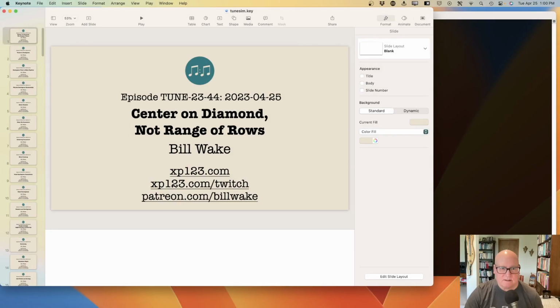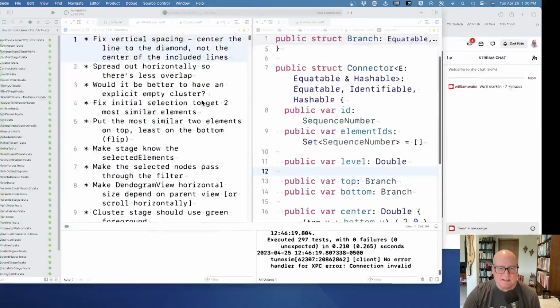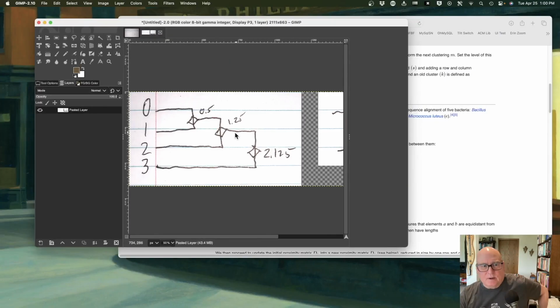So let's see. I think I have a test case that should demonstrate it. Here we have 4 in a row. These two are the most similar. Then this one is most similar to those, and then this one. The first bracket, this one, connects 0 to 1, and the diamond goes at the 0.5 mark. Now our intent is that the horizontal branches should connect to the diamond or an element,